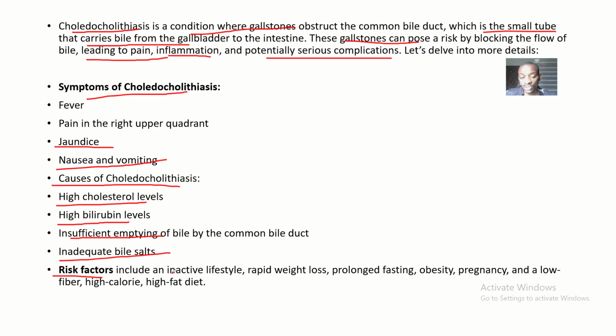Now, what are the risk factors of choledocholithiasis? It includes an inactive lifestyle because, of course, you need bile for the digestion of food. So, if bile is not being carried to the small intestine, there will be a problem. There will be rapid weight loss because you need this food to be digested so that it can absorb the nutrients so that you can grow properly. So if these nutrients are not being absorbed appropriately, then you have a rapid weight loss. There's prolonged fasting, there's obesity,